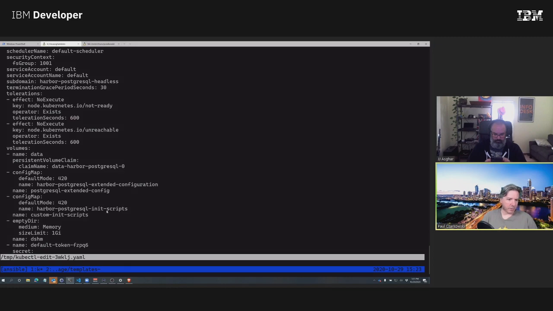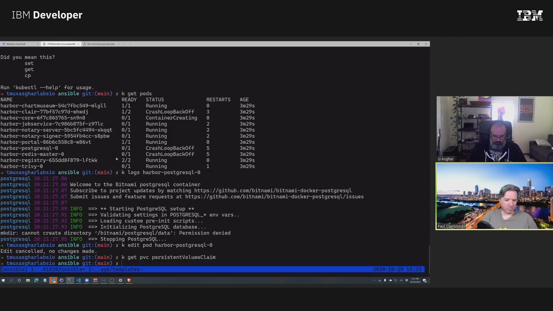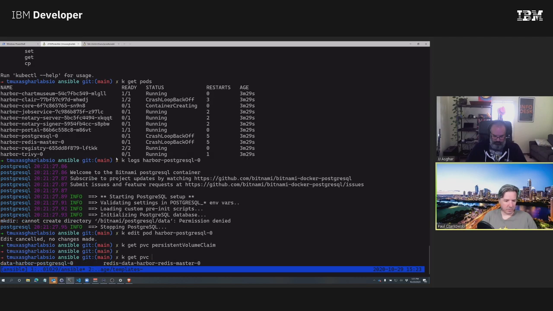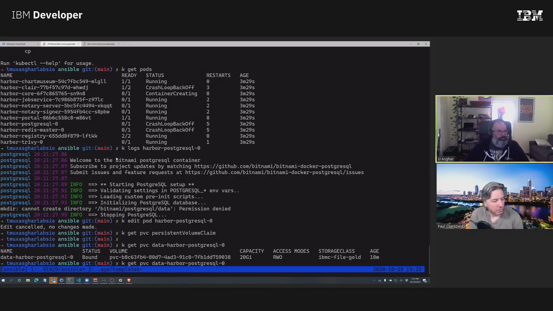Volumes, data, persistent volume claim. Let's have a look at, okay, get PVC. So IBM file gold is the storage class we should have. That should be right, yeah. And it's bound, it's there. Yeah, it's just having that classic permission denied issue.